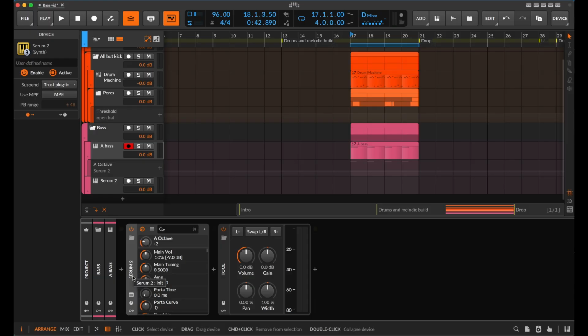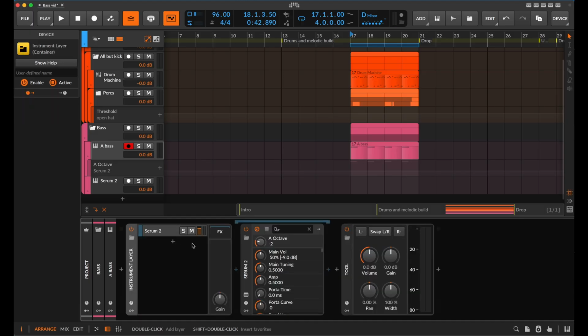And because you can just hit Command G to group, that's what I tend to do because I don't know that there is a quick way to do the chain. If there is, let me know in the comments. I would love to know. So now the instrument layer will pass through MIDI. See that here. All right, so